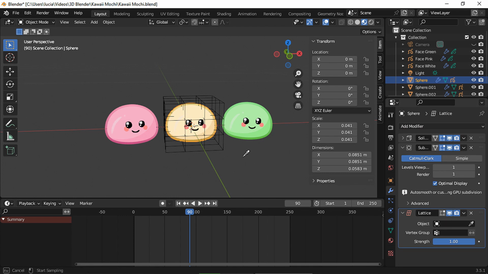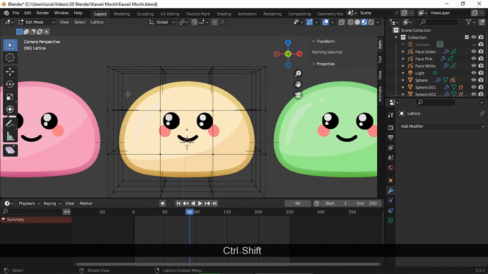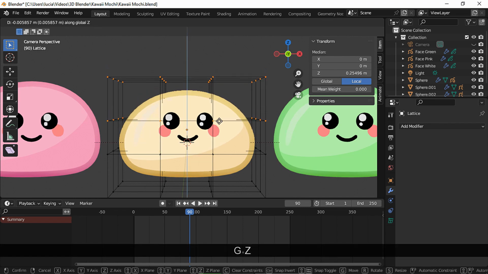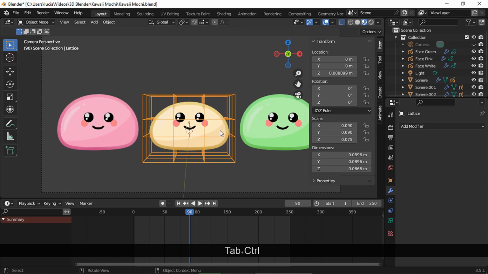Pick the lattice object. Select the lattice and in Edit mode, let's deform it with X-ray mode enabled. Move along the Z-axis a bit, back to Object mode, duplicate the lattice object and place it.